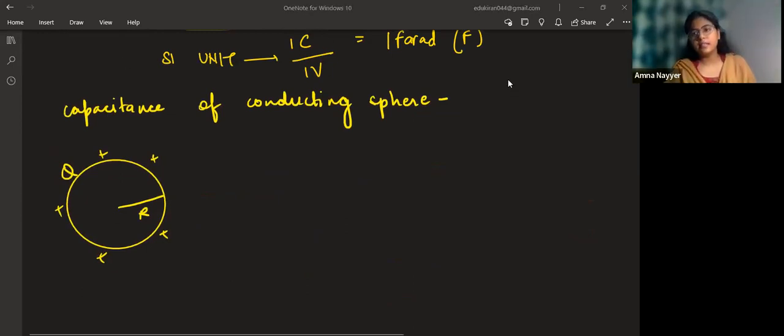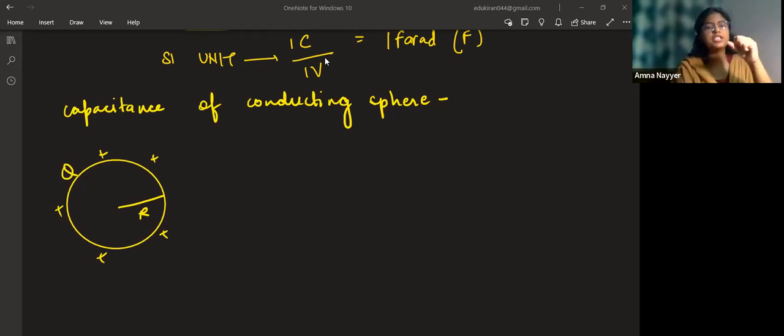Now, see, regarding capacitance. See, capacitance of a conducting sphere. Conducting sphere means what? What is meant by conductor? When I use the term conductor, that means which allows charges to be on itself. Remember, I think we had done also conducting spheres, non-conducting spheres. We have seen this when we were discussing Gauss theorem's application. So same way it goes here as well. Conducting sphere means the charges are residing on the surface of the spheres.